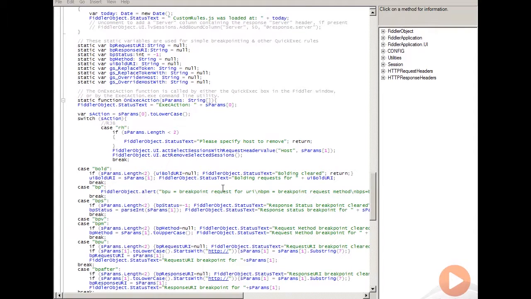Next, we'll look at how to use Fiddler script to extend the quick exec area with our own actions. So in this case, we've gone into Customize Rules. We're looking at the OnExecAction function. We've added our own action here, in this case RH for remove host. So as we make a request to the server and we look at all the domains and hosts that come back, if we don't want to see sessions from a particular host, we can have them removed easily